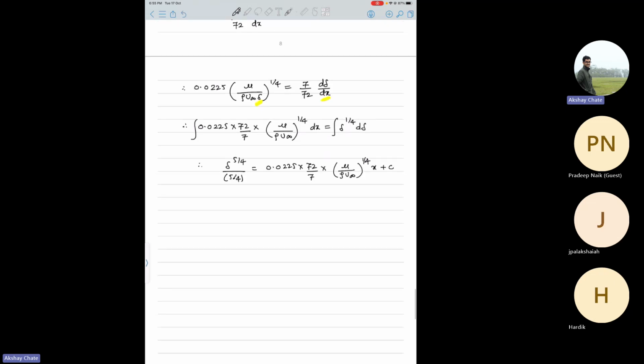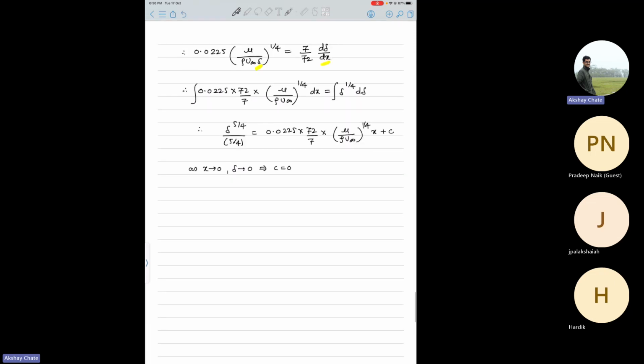And again, as x tends to 0, delta tends to 0, which gives c equal to 0. And therefore, if you solve it, what ends up happening is